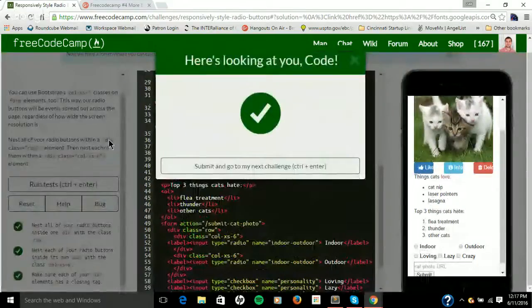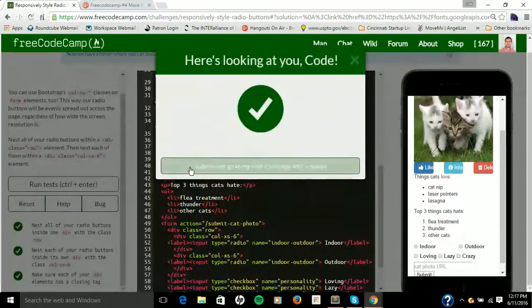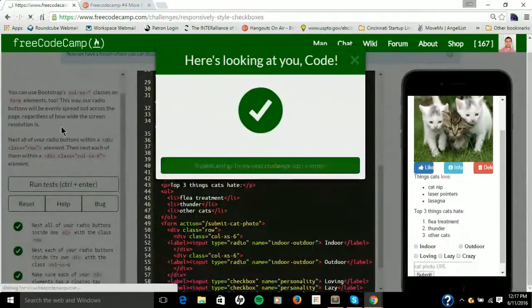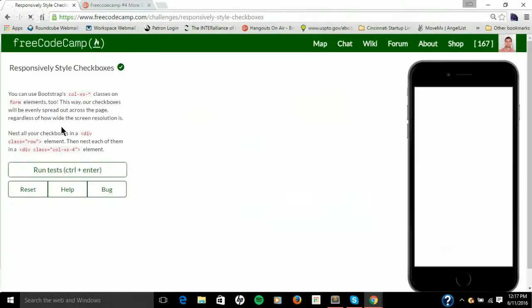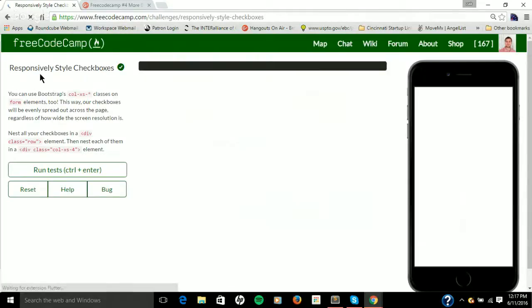All right, so let's move forward. The challenges aren't hard, but they do stack on top of one another, and yeah, you're going to make some mistakes, but you need to be able to carry the knowledge from prior lessons on to the next one. So now we're looking at responsively styled